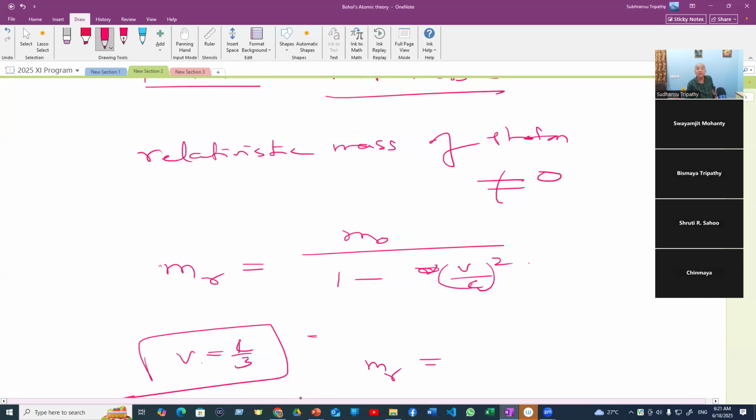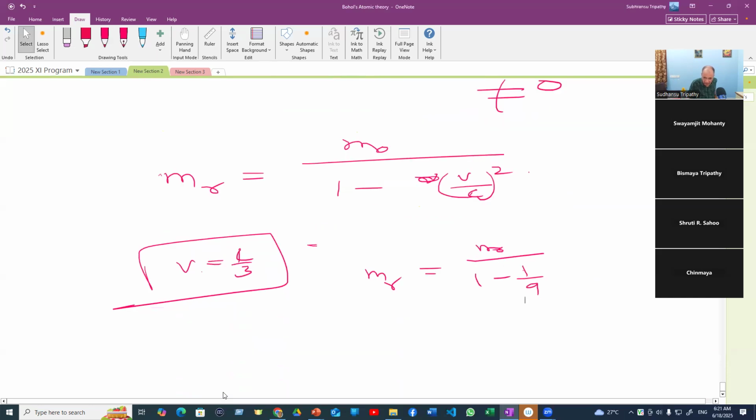That is called relativistic mass. So that will be 1 minus 1/3 c squared, which is 1/9, so what will it be? Sir, 9 m0 by 8. So it will be more than